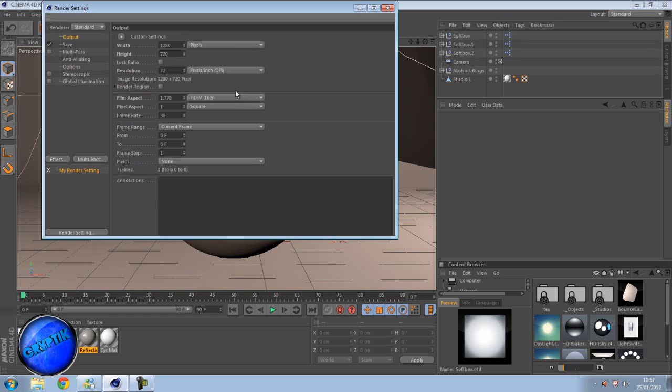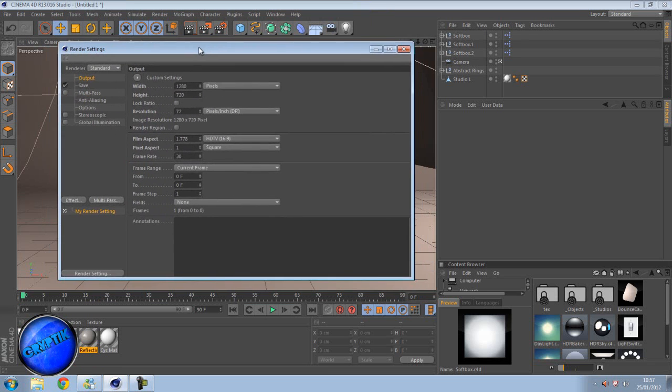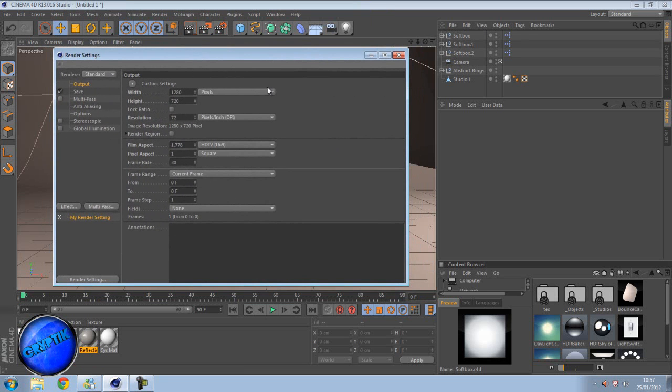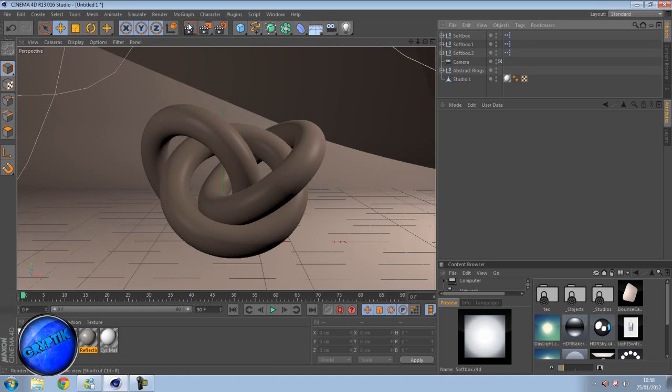If you're working on a Cinema 4D that isn't R13, so 12, 11, and obviously anything under 13, go to where your render settings are, go to options and turn auto light off. It will look a lot better, right? So my global illumination is turned off. If I just render this out now,